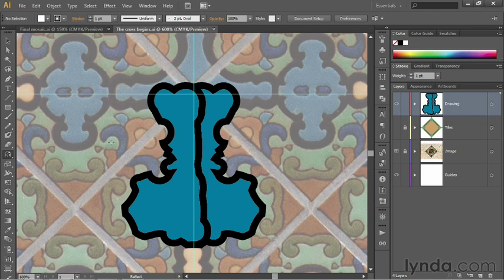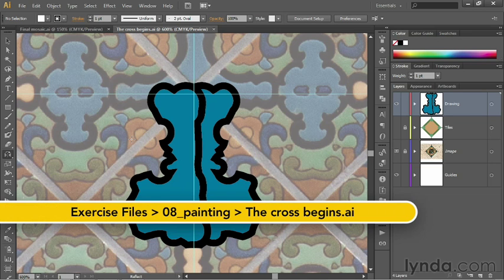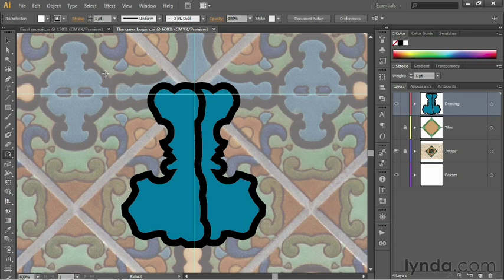In this movie, we'll fuse the two halves of this bottom portion of the cross together using the Shape Builder tool, and I'll give you a clearer sense of how it works. And then we'll build out the entire cross. I've saved my progress as the cross begins.ai, and I'm going to switch back over to my selection tool and